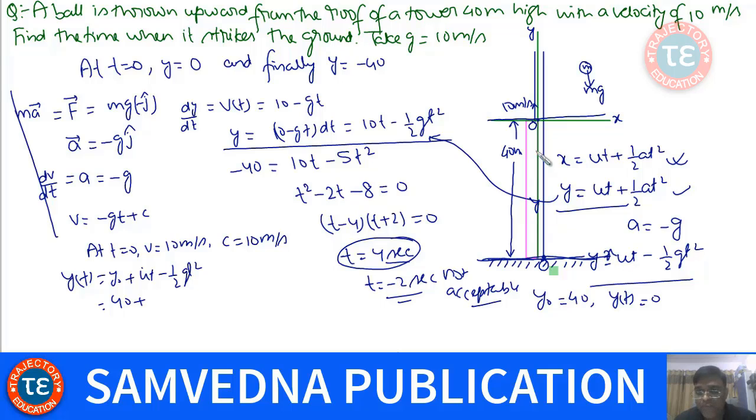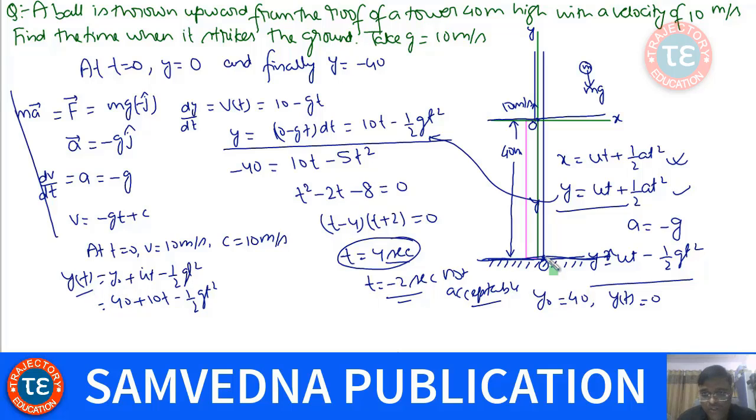But if I take this as the origin, this as the coordinate system, this is the x axis and this is the y axis, in that case at time t equal to 0, the body would have been here because it is thrown from this position. So y naught, the value of y at t equal to 0, could have been 40 meter. So y naught could have been 40 meter over here, and this could have been 10t, right? 10t, and then half gt square, and you could have found the time at which it will fall